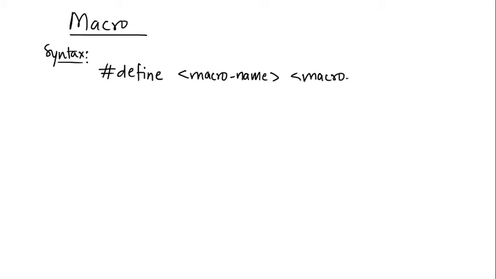Fine. So let us look at the syntax first. It is somewhat like this. We have to use a directive called hash define. So after hash define, what you will have here is the macro name. You know what the less than and greater than signs mean, that it will be replaced by the actual macro name, then a space, and then you can have the macro body. And again, let me be very clear, no semicolon.